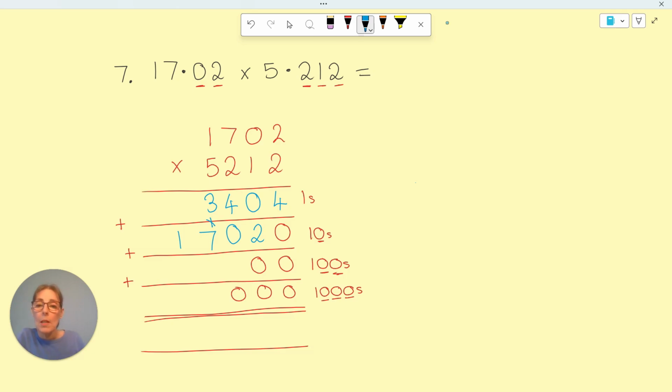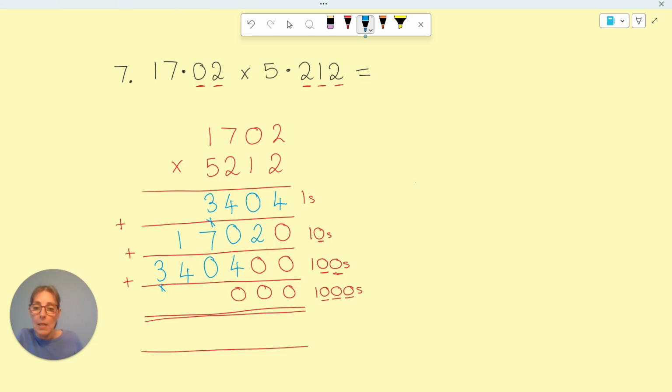2 times 2 is 4. 2 times 0 is 0. 2 times 7 is 14. 2 times 1 is 2. Add 1 is 3. I should have put that underneath. Let's just tidy this up a bit. All right, put it there. Okay, then we've got